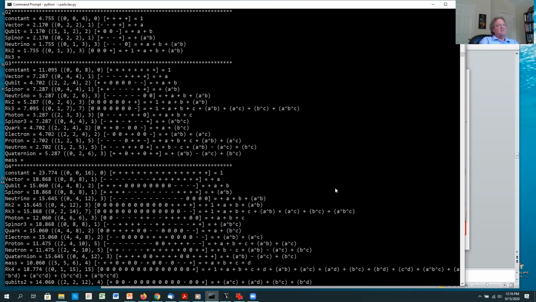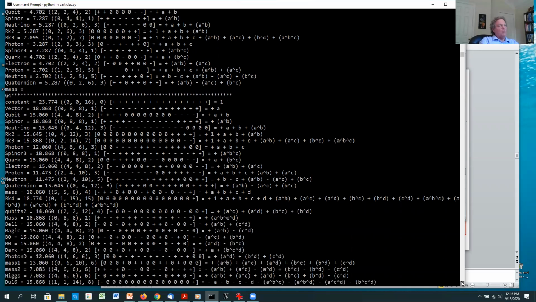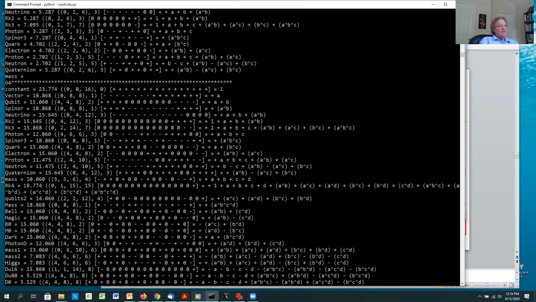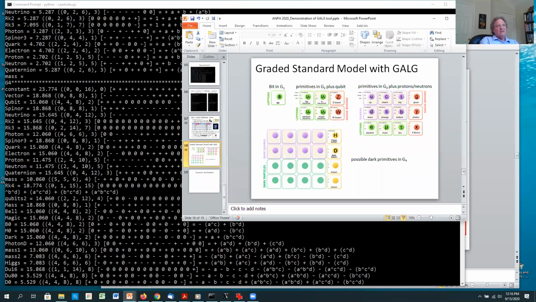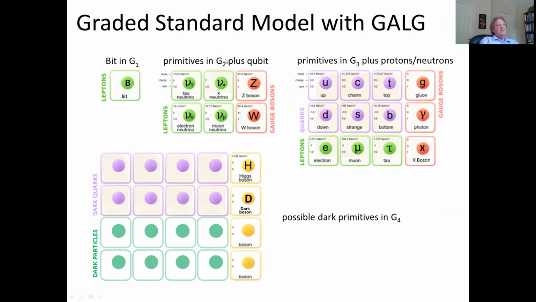And so this is the summary of all of that, and why we have this chart that looks like this, because we believe that when you get things by the grade that they're in, you get this kind of organization of the standard model. And I've done all the Higgs. We could talk more about the Higgs, but basically the Higgs is the complete even sum algebra of G4, where the sum of those squared is 0. Okay, so they're nilpotent,